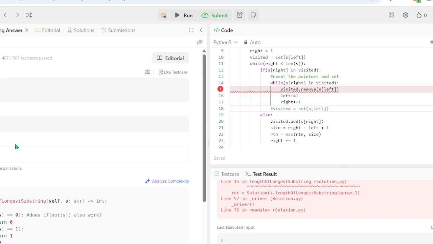So we move R. Okay, and now we hit a duplicate. So what are we supposed to do, right? We move L until it's not in. We move L until there's no longer a duplicate in that subsequence, right? Right, so we move L from A to B.